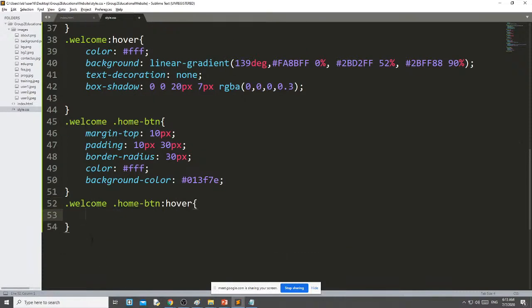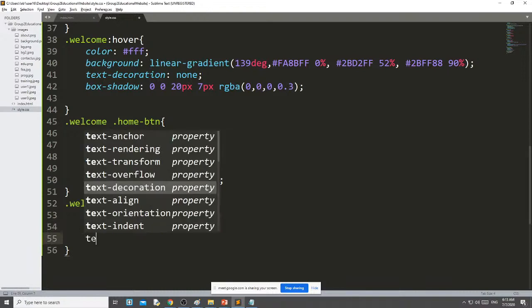Okay, the color I want is #50D1C0. You can use any color, okay. Background I want white as #FFF.